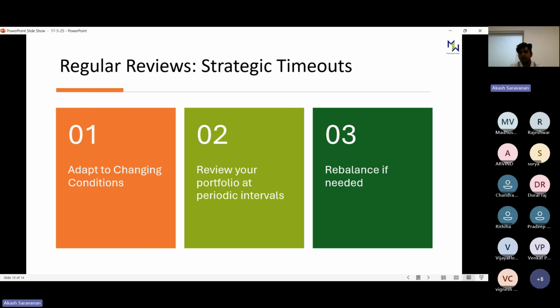So what we did was take exposure in gold. The main reason we invested in gold was not that we expected very high returns. We wanted to protect the returns, because the downside would be very low in gold, as you all know. And now, for the long-term clients, that is, clients who have been invested in gold for more than 2 years, we are booking profits and changing it into debt and consumption. So this is how we review and rebalance the portfolio in a timely manner.